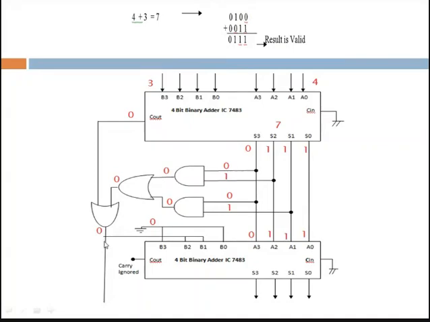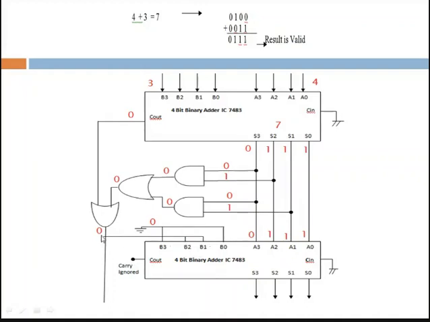Now here one connection is coming from this C output, and it is connected to B2 and B1. So this is the adjustment actually for the second addition. B3 and B0 are already connected to ground, so their value is 0. Whatever output we are getting here, the C output, is connected to B2 and B1.